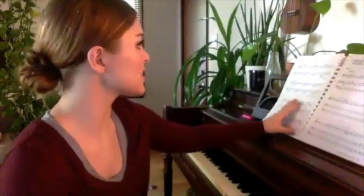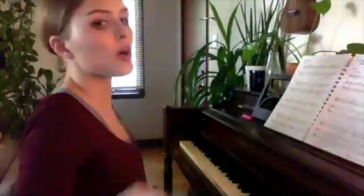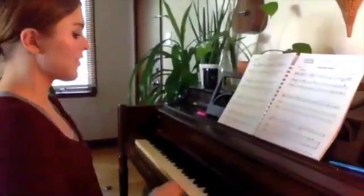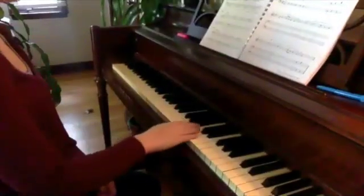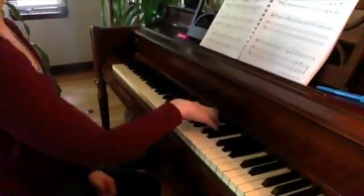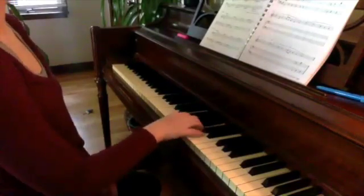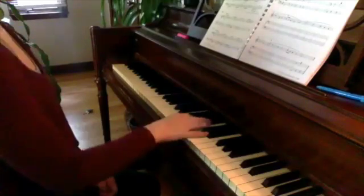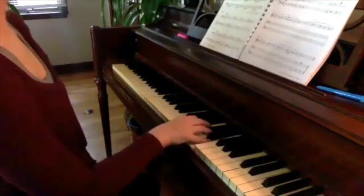So we're going to take a look at page 176 also. We have a little interval warm-up here. This one is really good for practicing Moonlit Shores because it has us practicing going back and forth between all of our intervals. So if you look at number 1, it's having us go from second, third, fourth, fifth, sixth, seventh,